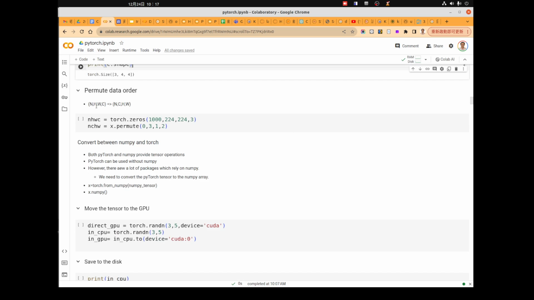So for example, we want to change the shape of data from NHWC to NCHW. One of them is the TensorFlow standard, and the other one is the PyTorch standard. So when we use different libraries, you need to know the orders very precisely so that you can do the conversion between the two libraries.